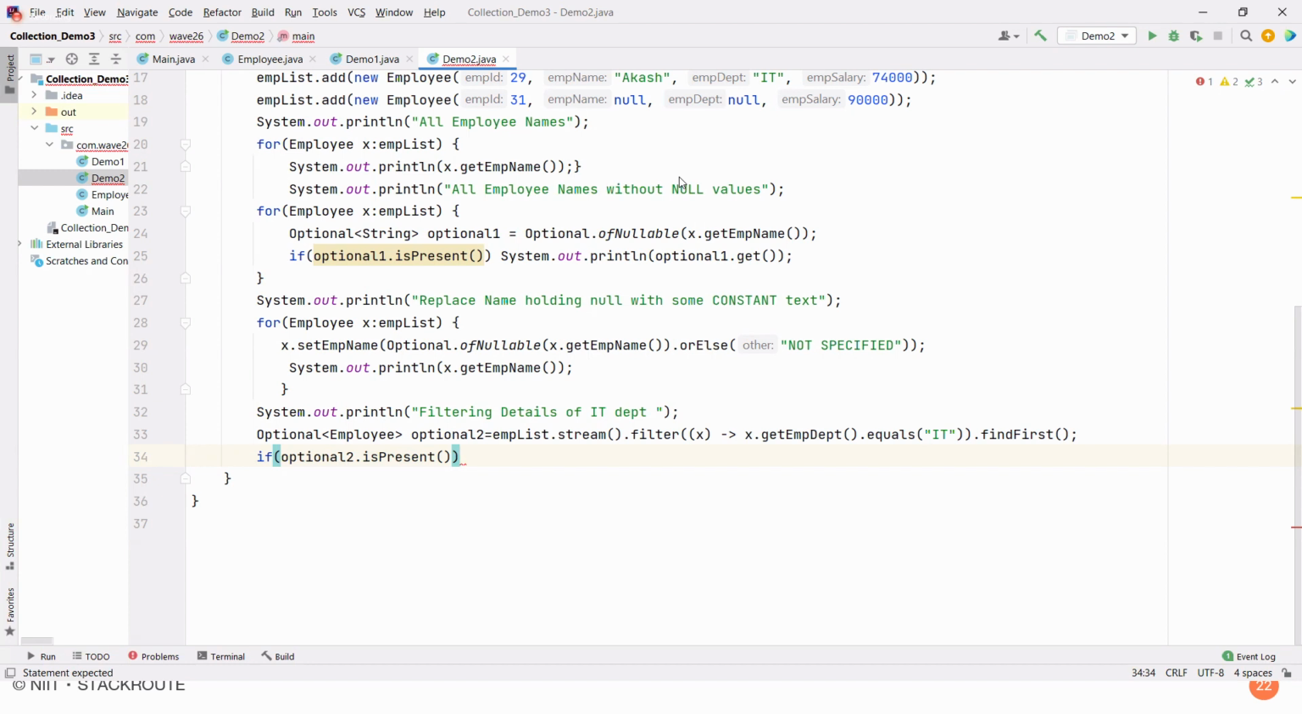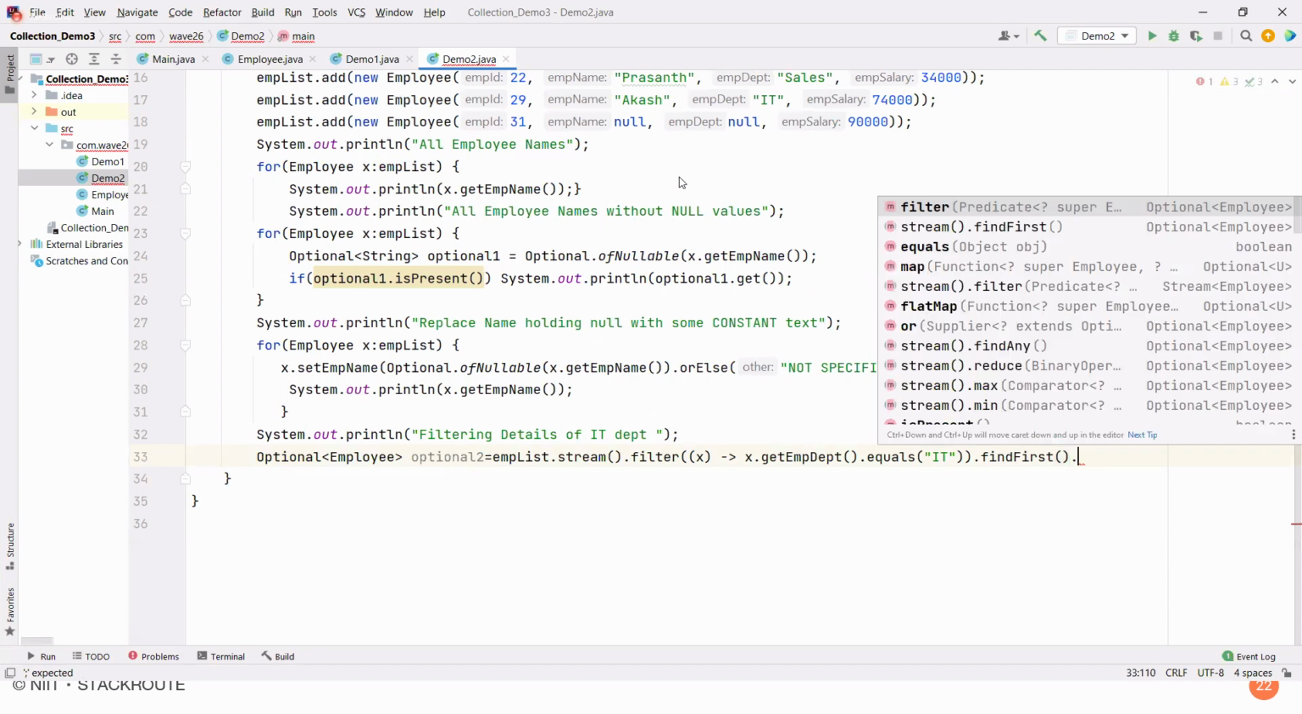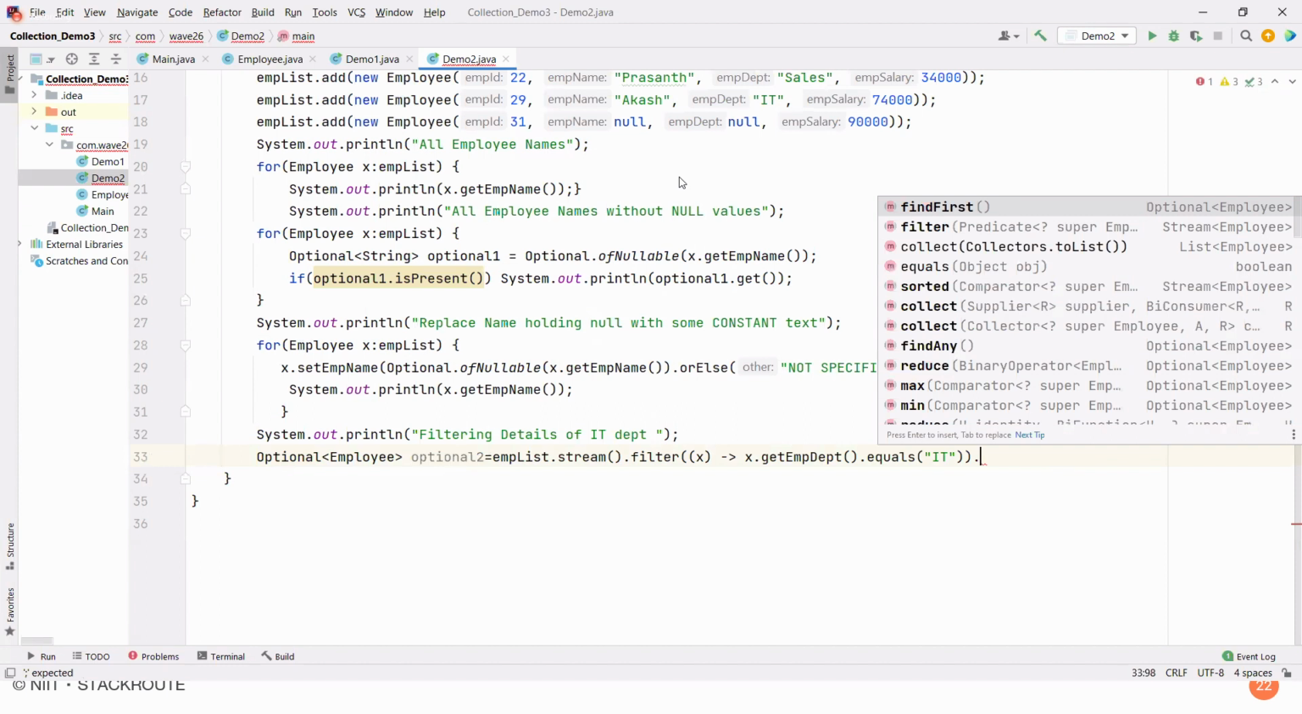Or I can directly print "present". Yeah, I'm thinking, after just IT, we can put that optional of nullable, like we can set over there only. Even this line is not required. So I want only